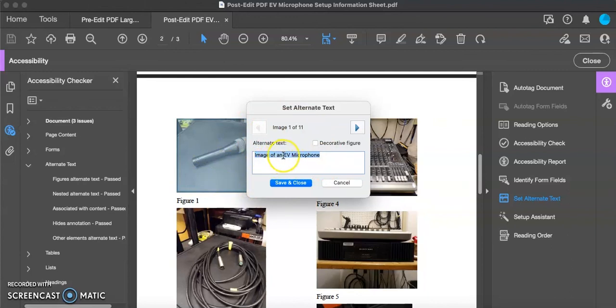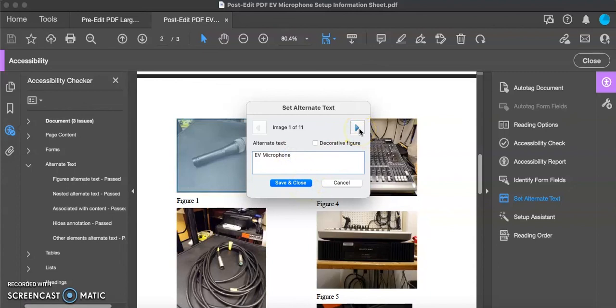What we want to do is make sure that we have accurate alternate text. So this is an EV microphone, but we don't need to say "image of." "EV microphone" is descriptive for this context.